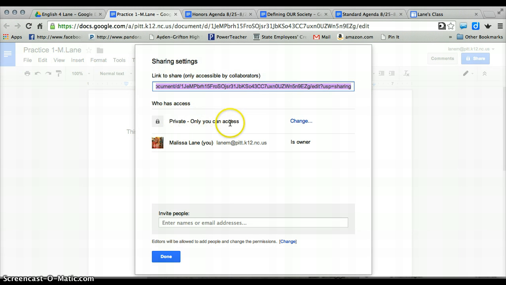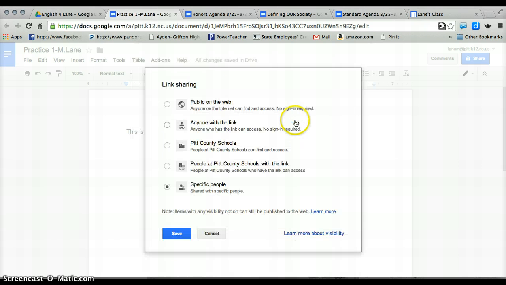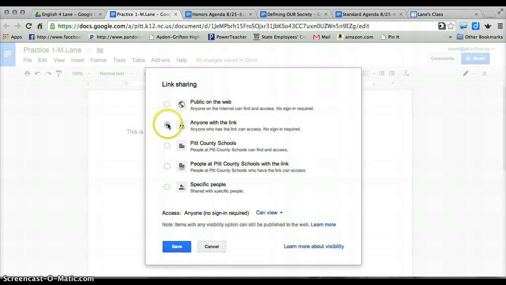You want to change the access. Always hit the change button. You want anyone with the link, so it's the second one right here, anyone with the link, and then come right down here and change it to can comment. That will allow me to make comments on your document every time. You hit save